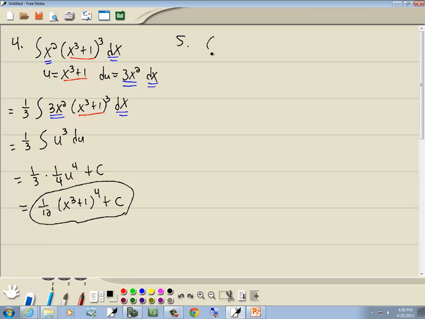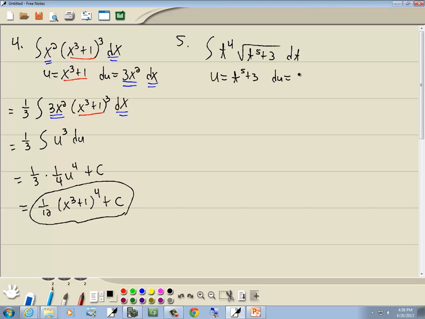Number 5. Got the integral of t to the fourth, square root of t to the fifth plus 3 dt. We don't have to have x's. You can actually have any variable at all. Notice here we have a radical. And one of the things we said for u is try to let it equal to what's inside a radical. So u is equal to t to the fifth plus 3